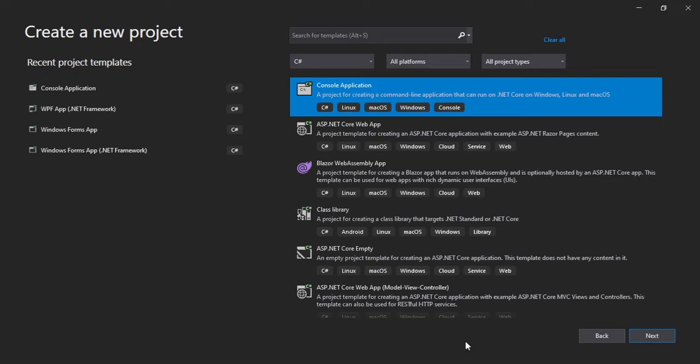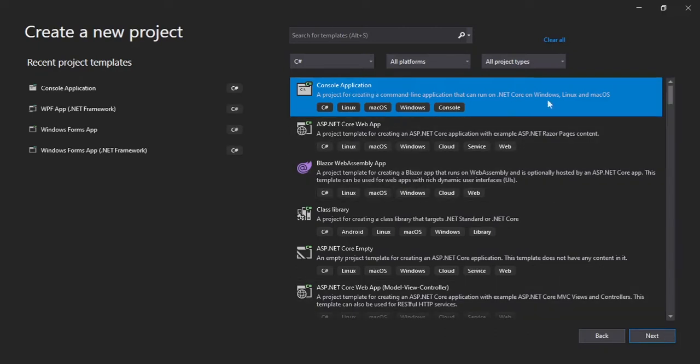I will not be going through installment of Visual Studio and all that, but I will have the link to the website to download Visual Studio just in case you haven't installed it yet. In this first lesson, we're gonna create a console application because we'll be practicing console.WriteLine, which is for writing something on the console, and also console.ReadLine, which is capturing something the user types on the console. You'll see this in a bit and how it works.